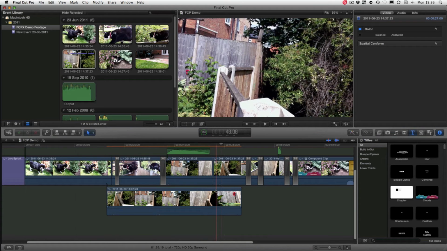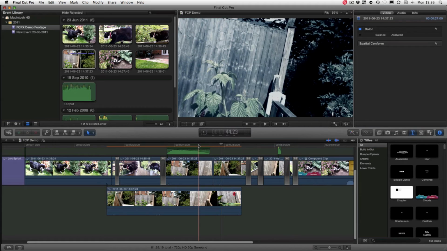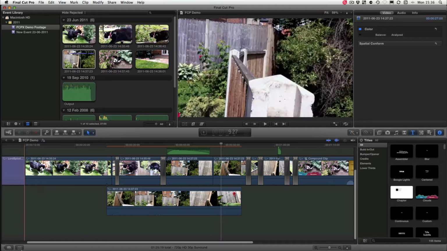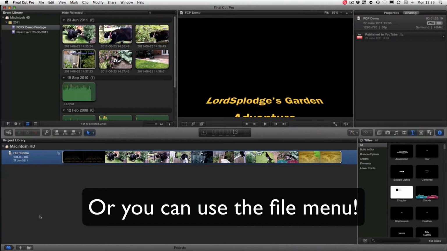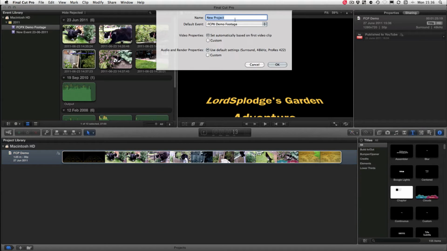So you can drag them in even whilst they're being encoded in the background. That's a pretty neat feature. To create a new project, you've got options. You can go down here and click New Project. We'll give it a name. We'll call this one